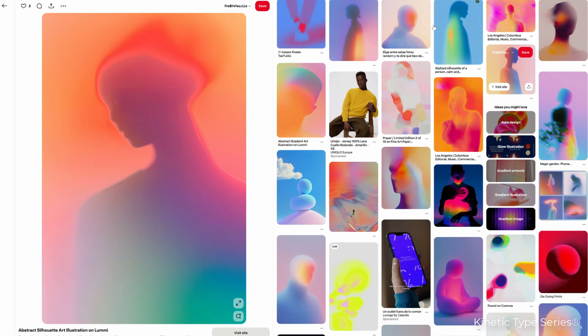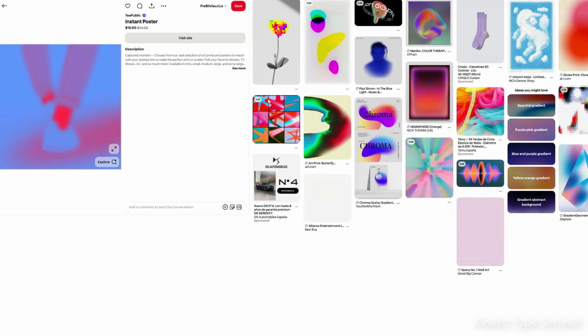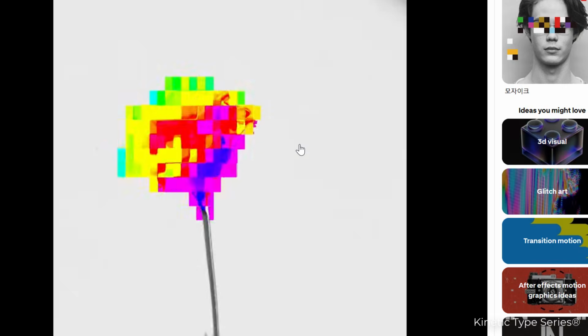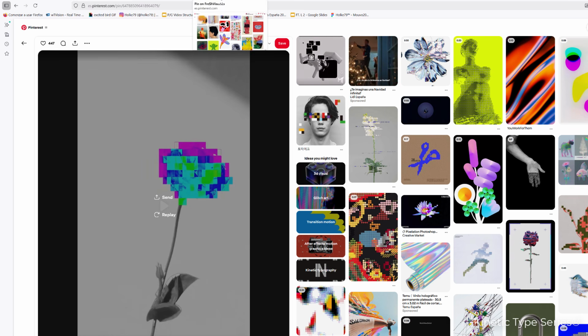So I think it's a great kind of aesthetic, and I think it's going to be very, very hot in the next year. For example, this one here is the previous glitchy digital error thing, and I think that's kind of out of date in a way. So let's go back